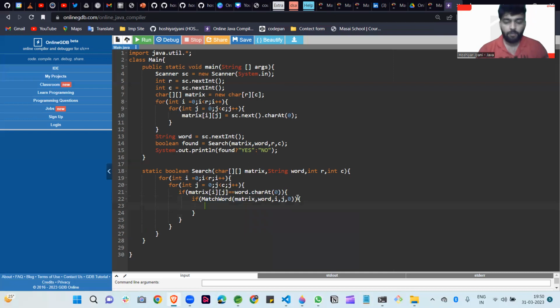Because when we find the whole matching word inside the whole matrix, the word length is 0 to start with, because we have not yet searched the whole word. So if this length is equal to the length of the word, at that time we can say that we found our word, and we increment this length if we find the next character.